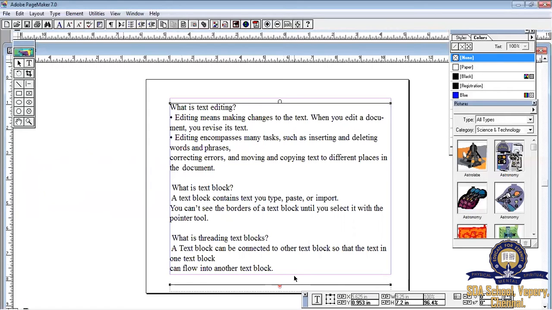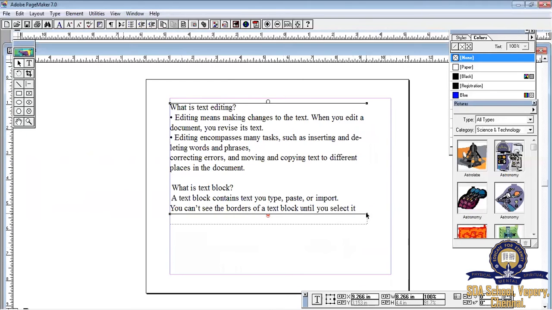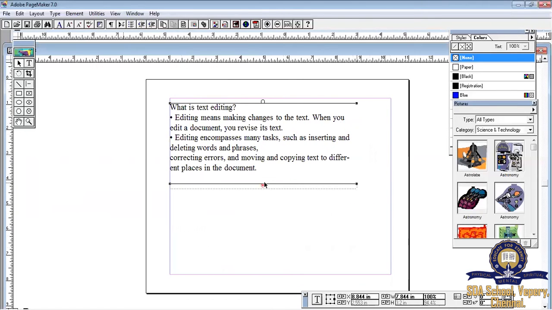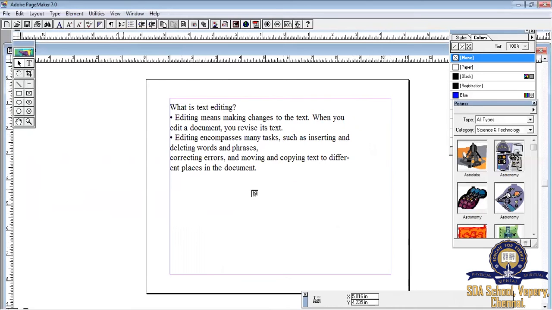Now we can see a text block. At the bottom of the text block, we see a red inverted triangle. It states there is some more text inside this text block. Resize this text block. Now select this inverted triangle. It changes to a loaded text icon.